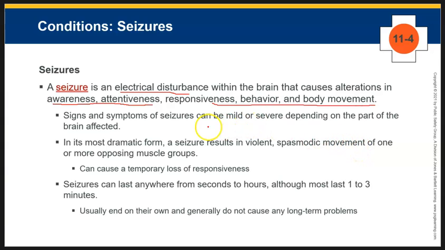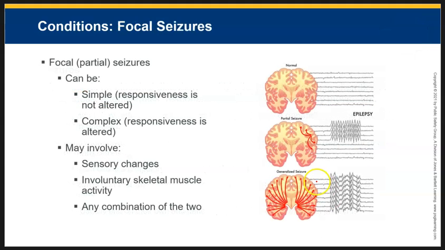Signs and symptoms of seizures could be either mild or severe, but in the most dramatic form, you can get violent spasmodic movement, tonic and clonic motion, even though this will only last about 1 to 3 minutes. To distinguish, we have two types of seizures to consider. The first is a focal seizure, sometimes called a partial seizure, that's just localized to one part of the